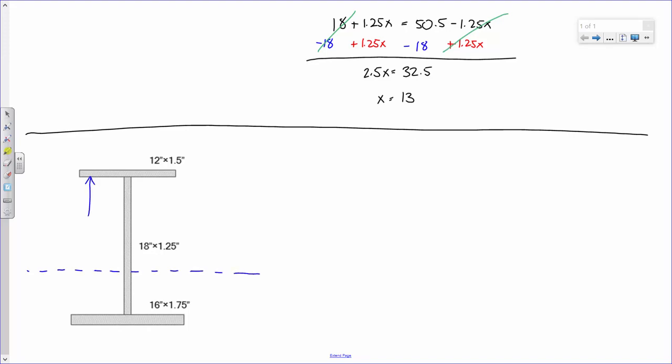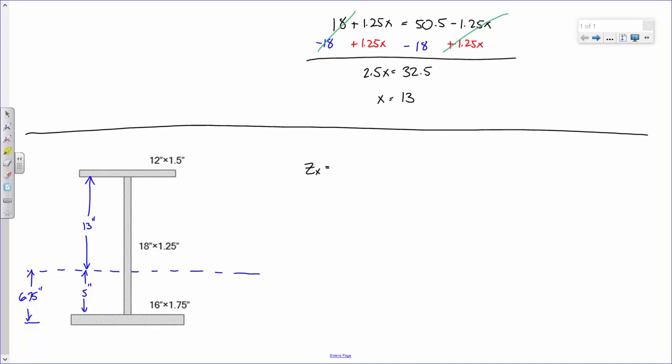And this dimension here is 13 inches, and this dimension is 5, right? So how far is it from the bottom to the PNA? What is that, 6.75 inches? Would that be a fair statement? Okay, just keep that in mind. Just keep that in mind. Now,